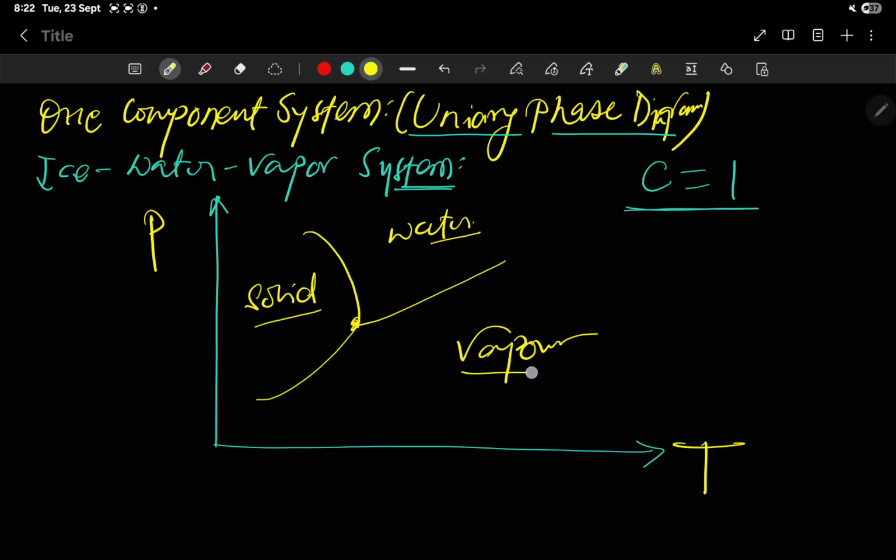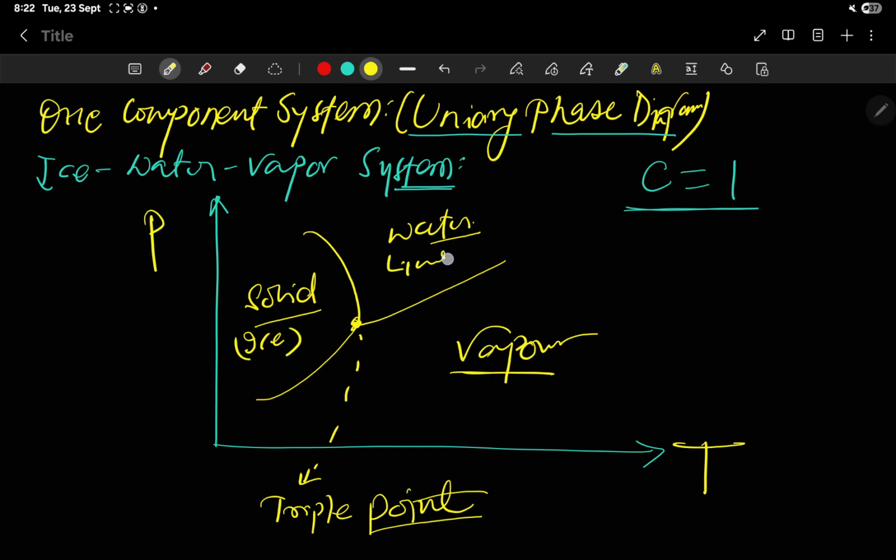So here we have 3 phases, and this point is called the triple point. This will be ice, this will be liquid, and this will be steam. So these are the 3 different phases in